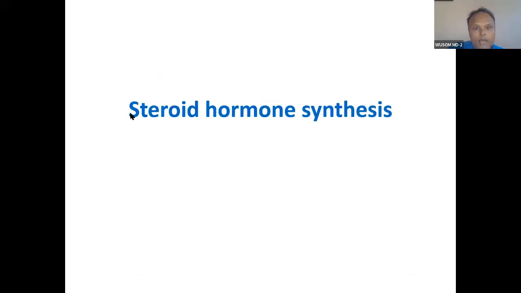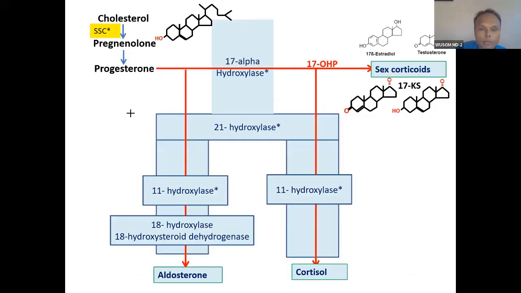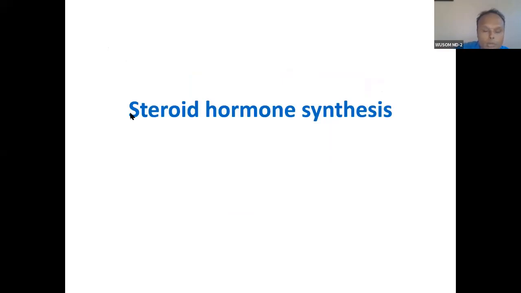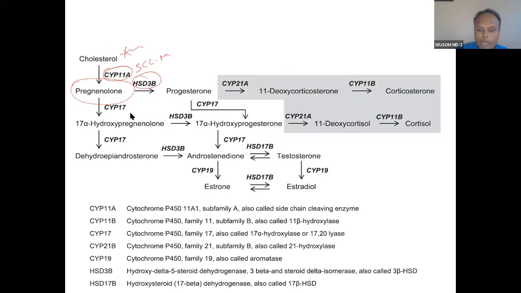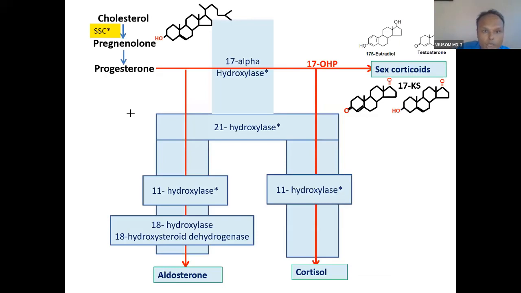We will talk about this synthesis through this chart. You can see this, remember this tuning fork. If you remember this tuning fork, you will remember the whole synthetic pathway. In this tuning fork, I have ignored the pregnenolone part. From pregnenolone also there will be a pathway, but I have ignored it. From pregnenolone also there will be synthesis of something. This is the enzyme 3-beta hydroxysteroid dehydrogenase. Because of this also there will be a disorder. Adrenal hyperplasia will also occur because of this, but we are not going to talk about this.